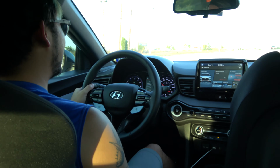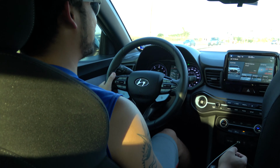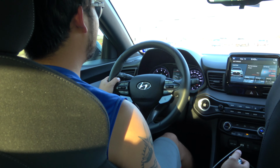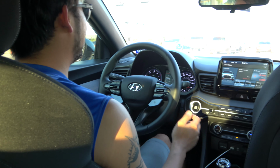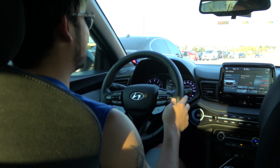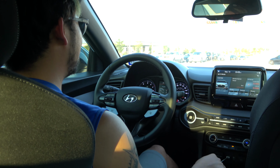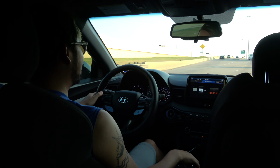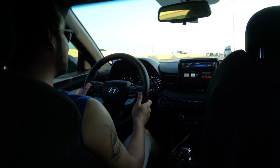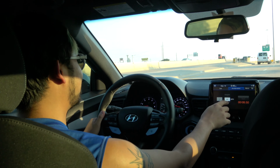This does have a bit of the touches from the Hyundai i20, their famous rally cars. So if you're a rally car driver or aspiring rally car driver, this is definitely your car. Hyundai really wanted to get their drivers into trouble by adding that 0 to 60 clock in there. And it's not just a 0 to 60 clock. You could do 0 to...